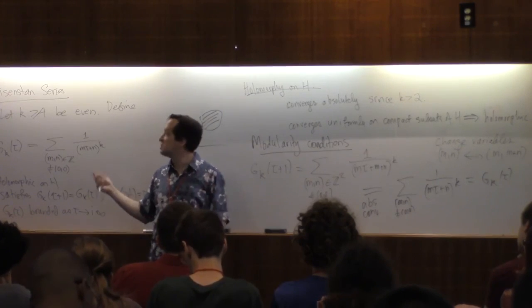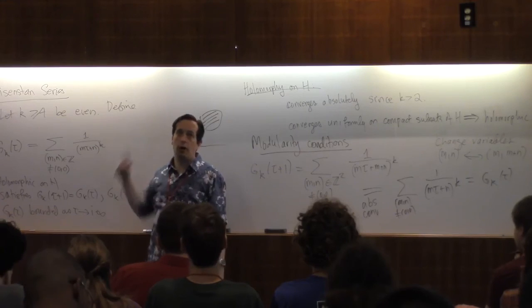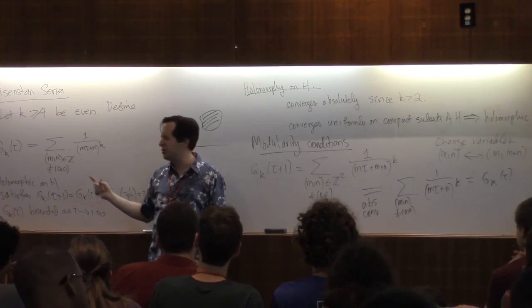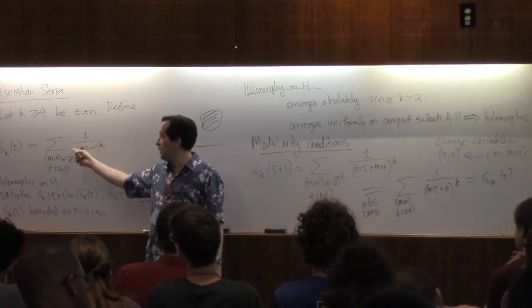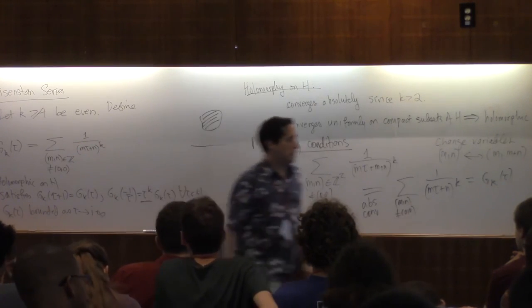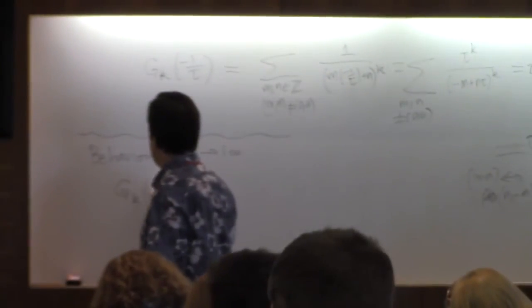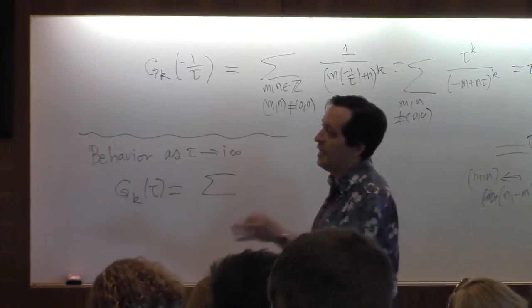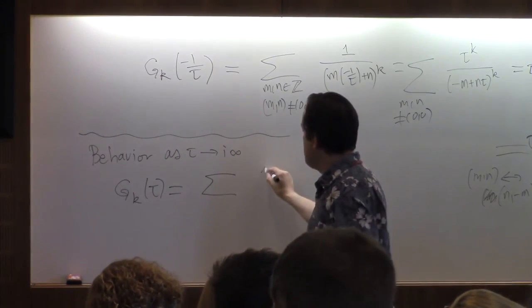So it appears that as tau gets large, if we're willing to believe that term-wise limit calculation is justifiable, all we're left with is the sum of 1 over m to the k, where m is not 0. So let's write out the series by isolating those terms. So let's first break off the terms where n is 0. If n is 0,